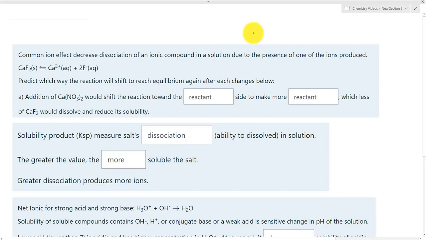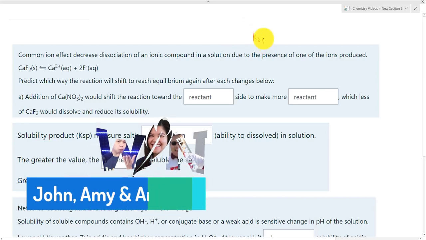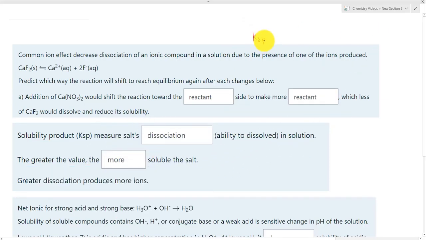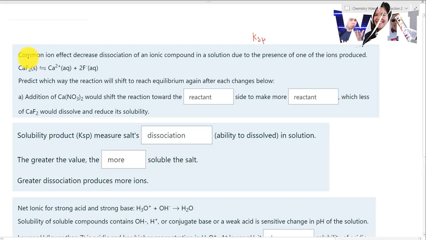In the previous lesson, we learned how to calculate for KSP, basically solubility product, using the ICE table. Now, in this lesson, we are going to look at how to interpret KSP and basically look at solubilities of a chemical reaction. The first thing we have is something called common ion effects, and that is when we're working